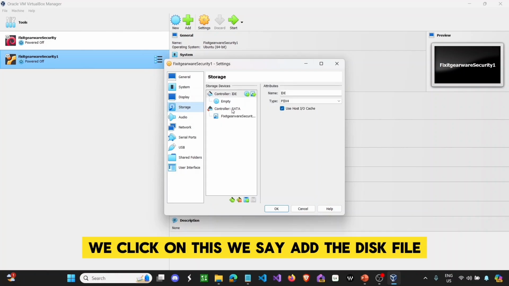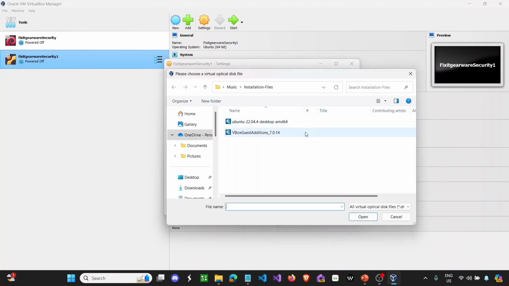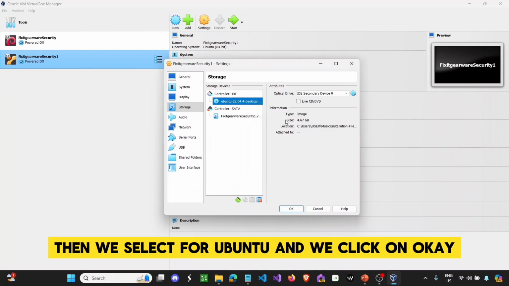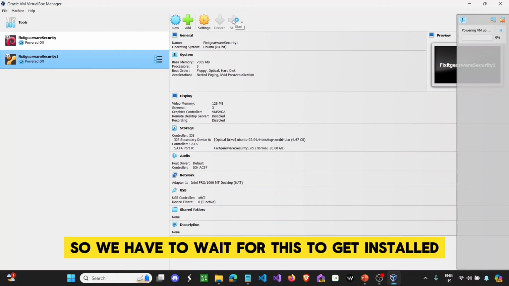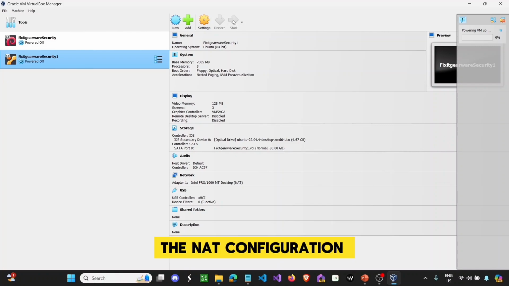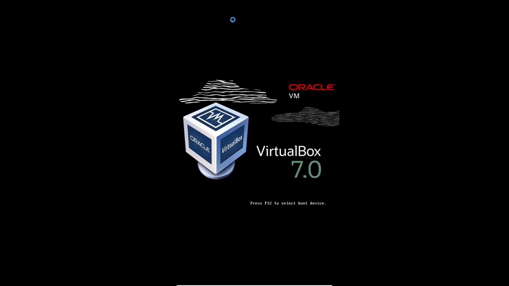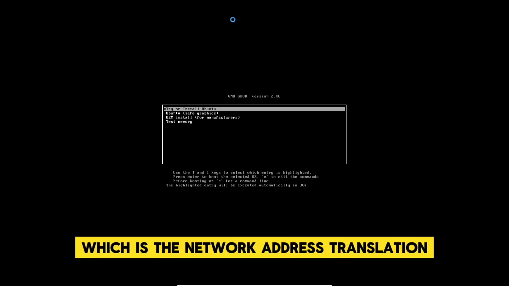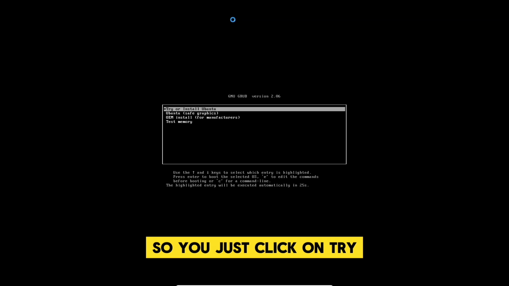We click on this. We'll say add the disk file. Choose a disk file. Then we'll select for Ubuntu. And we click on OK. And we just click on start. That's all. So we'll have to wait for this to get installed. Then we'll show you how to do the NAT configuration, which is the network address translation. So you just click on try